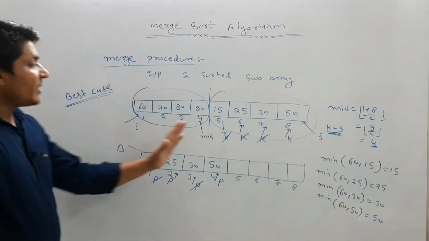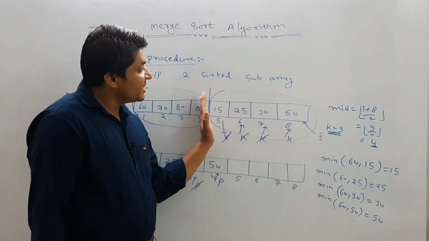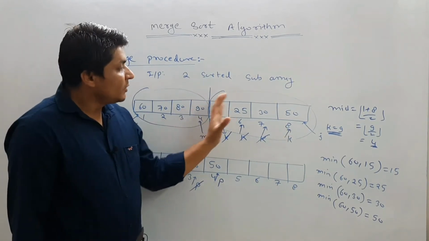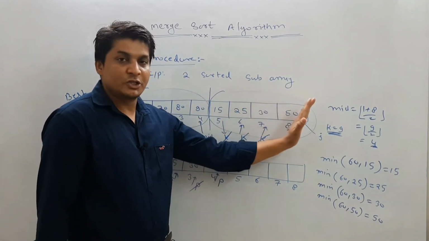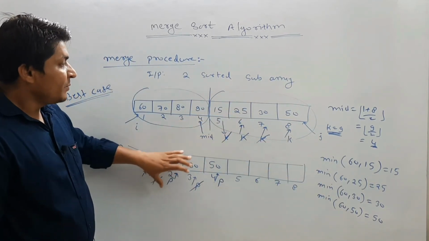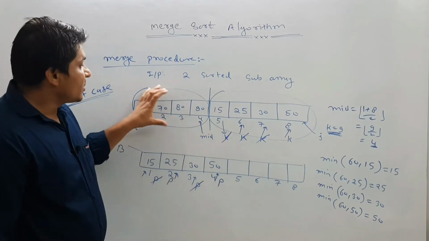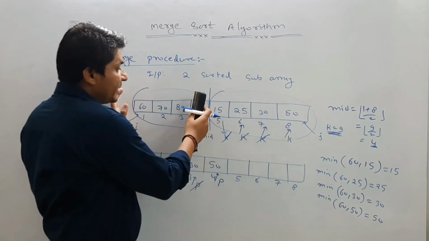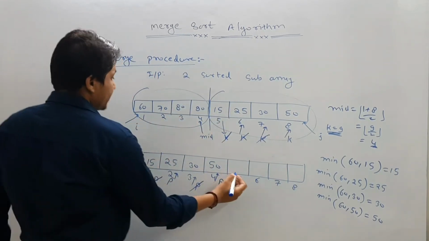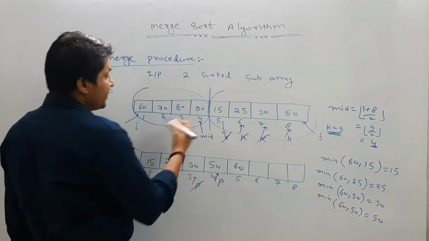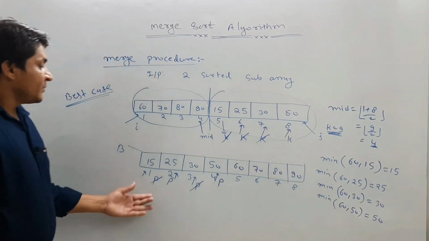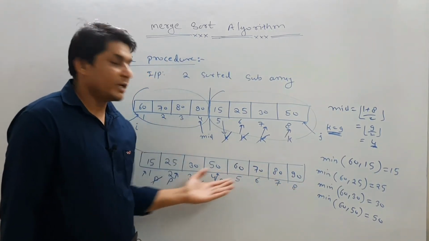So see, if k value has become 9, it means what? It means we have already copied the contents of the second array into the first array. That is the reason k has incremented. Now k is out of reach. K is out of this array. So what is the meaning? We have already copied the content of this array, and these are two sorted arrays. So it means you can simply copy all the contents of this array into this array. So let me copy all the contents from this array. So 60, you don't need to make comparisons. Simply you can copy 60, 70, 80 and 19. And if you see, this array is a sorted array, correct?